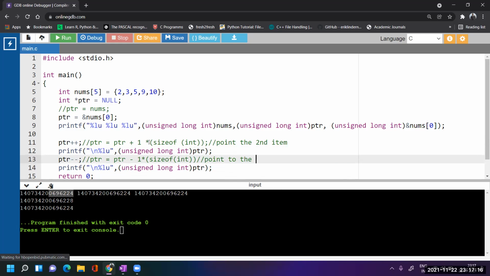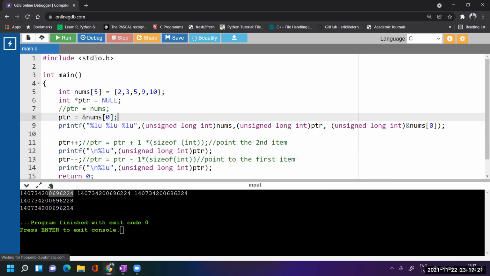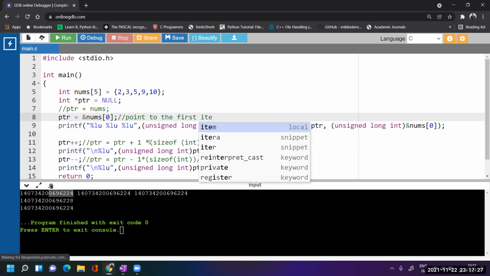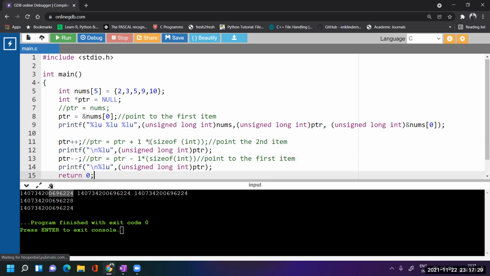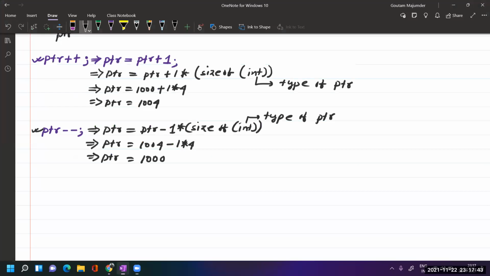It points to the first item, and by this line it also points to the first item. Okay, so now that is very clear. If we apply plus plus, what will happen? And if we apply minus minus with the pointer variable, what will happen? Now let us complete other arithmetic operations.